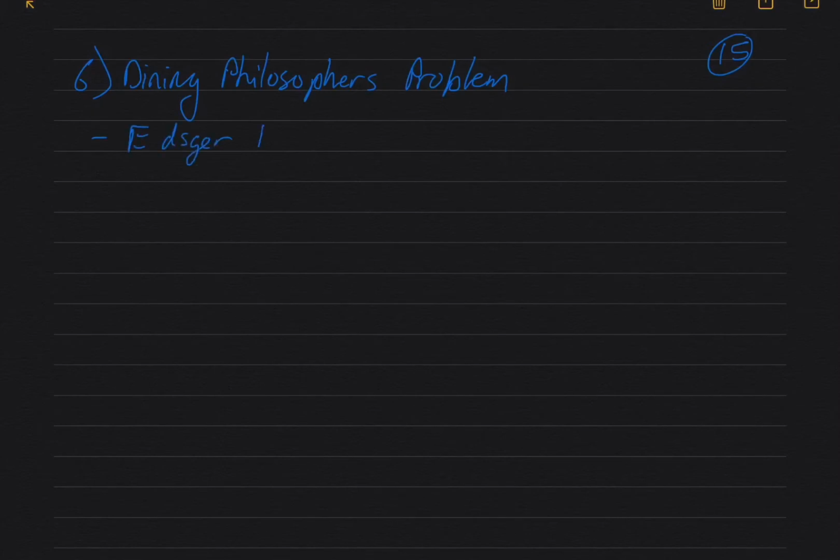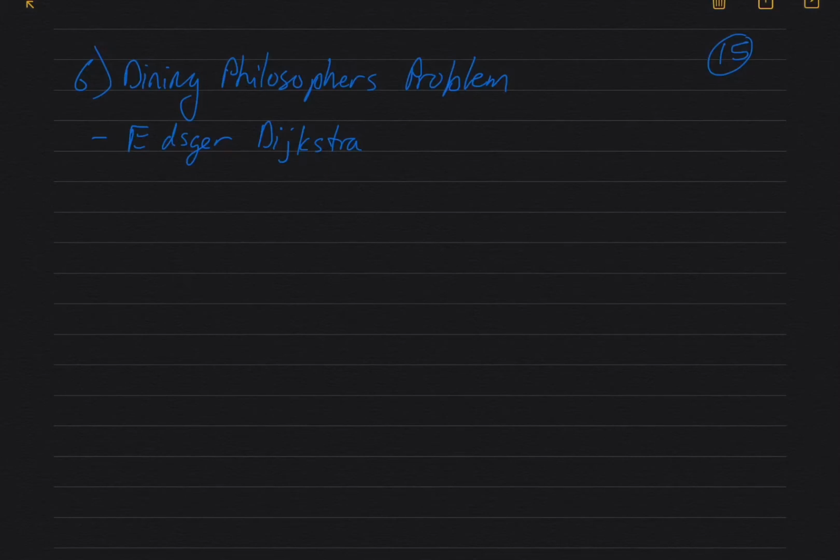Okay, this is page 15 of the synchronization notes, and section 6 is the dining philosopher's problem. And this was created by Edsger Dijkstra. That's the same Dutch computer scientist that invented semaphores, and I think that he created a min-path algorithm for